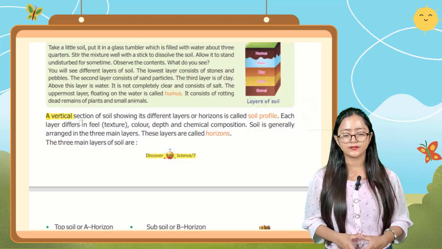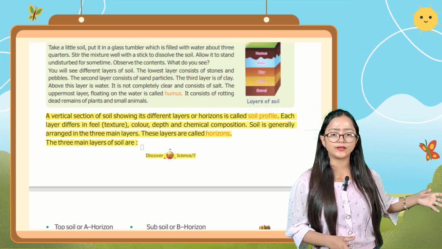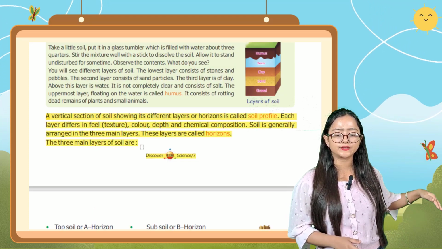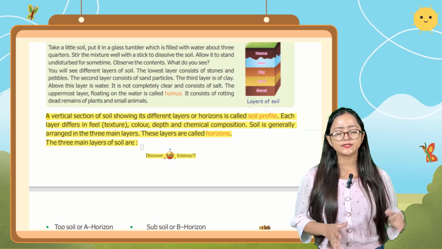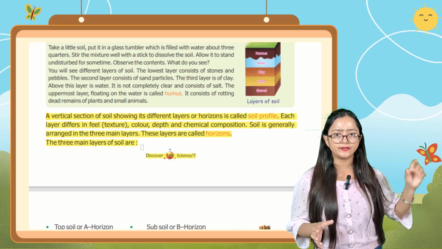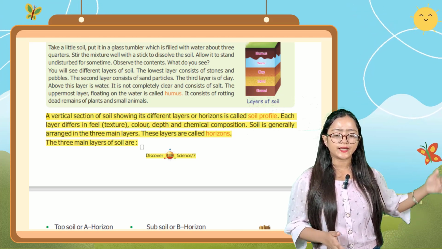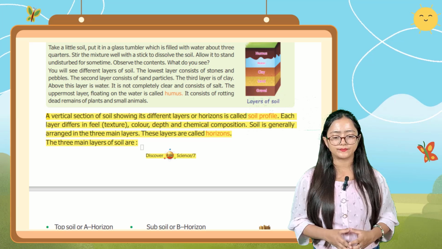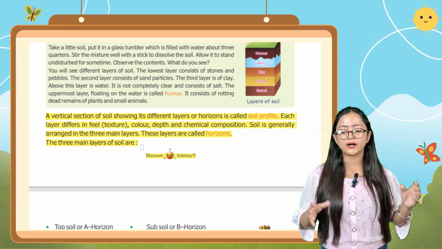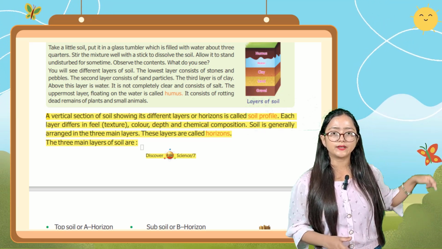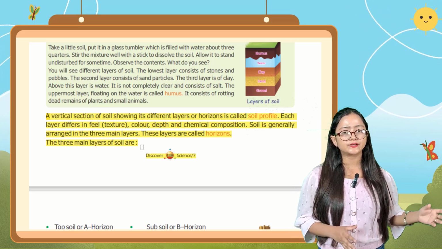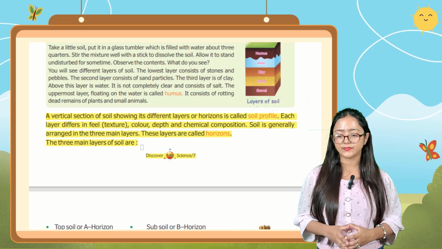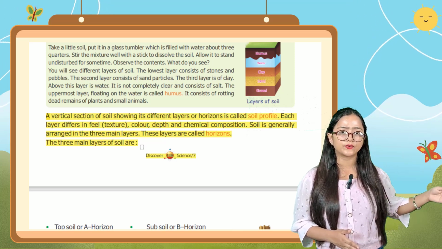Okay, a vertical section of soil showing its different layers or horizons is called soil profile. Each layer differs in feel, that is texture, color, depth, and chemical composition. Soil is generally arranged in the three main layers. It is generally arranged in three main layers. These layers are called the horizons. The three main layers of soil are